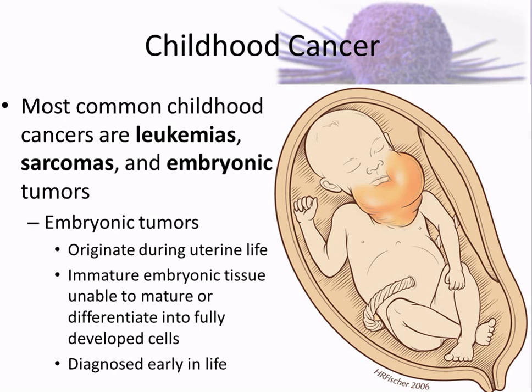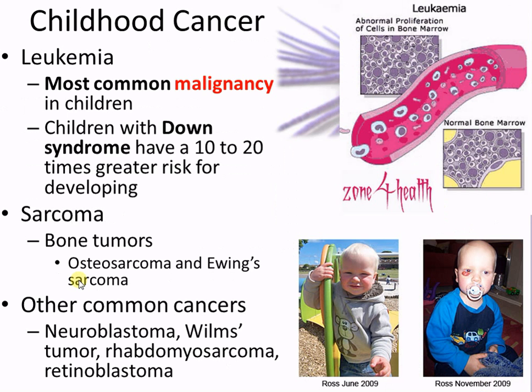The most common ones, leukemias. So leukemia, sarcomas, embryonic tumors. And leukemias, what's it affecting? White blood cells. And then sarcomas, the connective tissue again. And embryonic tumors are basically just the embryonic cells. They start causing problems. Like in this situation, you can see the tumor growing on the chin. So it doesn't differentiate into the appropriate cells and just keeps replicating. It acts like a stem cell, which is what a cancer cell does, and just keeps replicating. Right? And then since leukemia is the most common form of childhood cancer, we'll spend some time on that one.